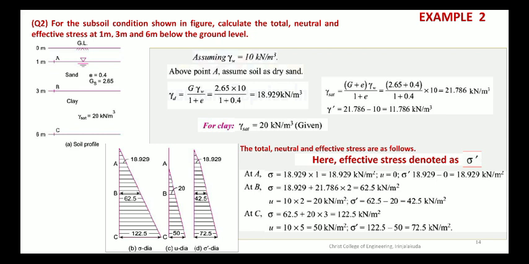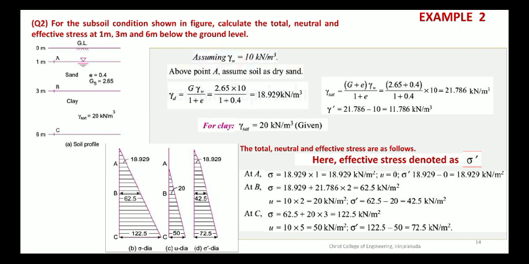So here we have, what is the total stress at level A? It is height of what is above that layer into unit weight of that layer. So that is 1 into 18.929, where 1 is the height and 18.929 is the dry unit weight, because above that we have assumed it as dry sand. Then what is the pore water pressure? Nothing is there. No capillarity is mentioned in the question, and also no water above the layer A. So the water pressure U is equal to 0. Then what is the sigma dash value? Effective stress is sigma minus U, that is 18.929 itself.